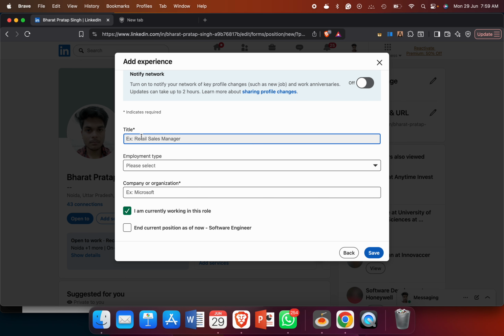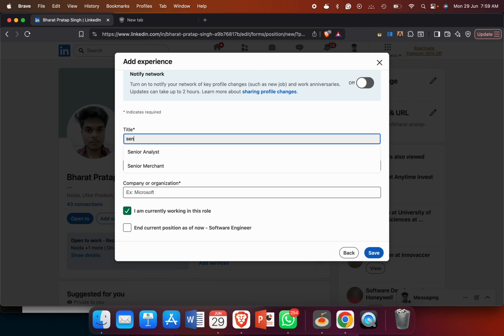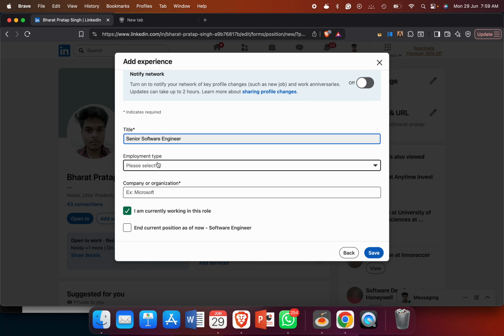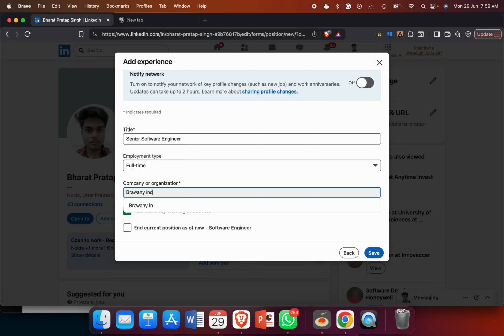So what's my title is software engineer, senior software engineer, for example. Okay, so here I am just selecting senior software engineer, employment type full-time, and here is my company name. So I am just entering the same company name. Okay, info tag. Now after hitting enter, here you see that it asks